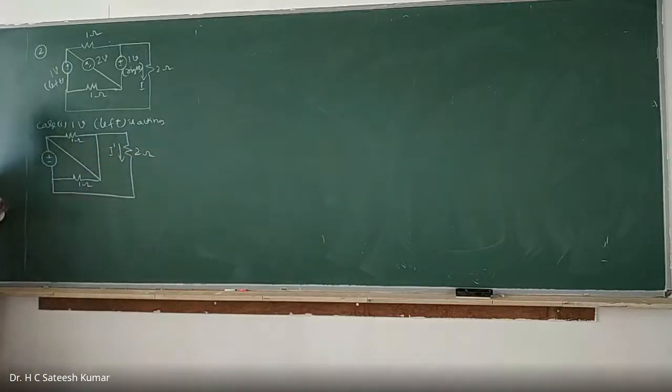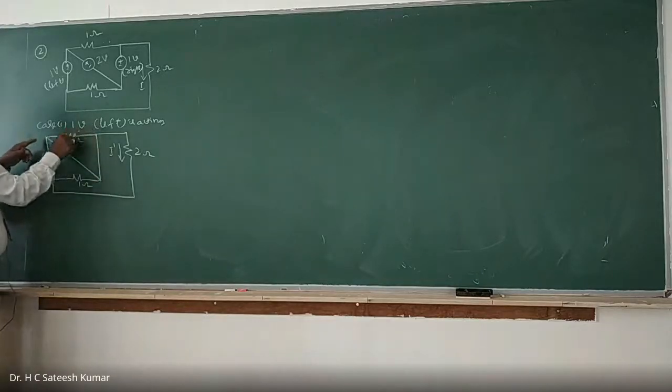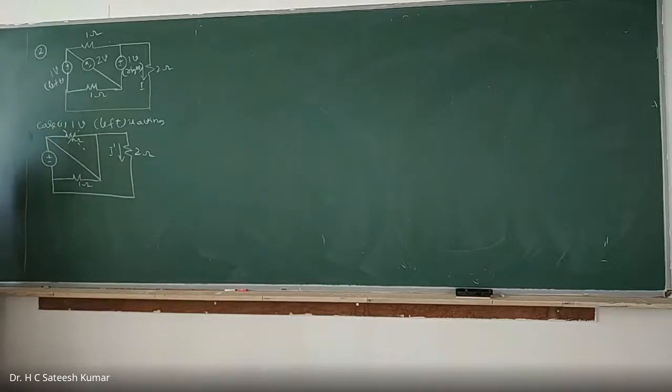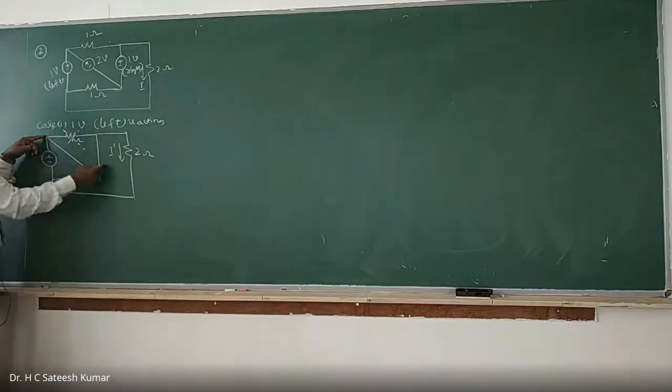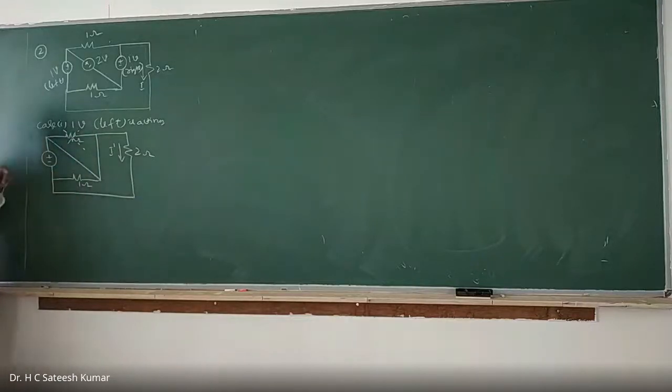What will happen is this is shorted to this point. When this is shorted to this point and this is shorted to this point, across this one there is a short. Therefore, this will become redundant, because when this is shorted, no current will flow in the resistance. All the current will flow here only. Next, this is connected to this point, and this is connected to this point. This resistor will come in parallel with this one. Any resistance in parallel with a short becomes redundant.